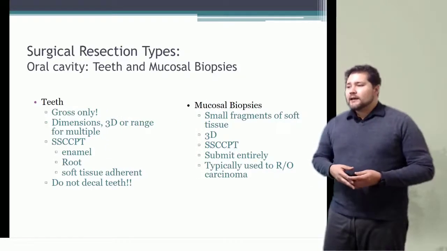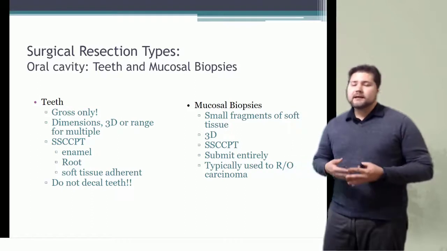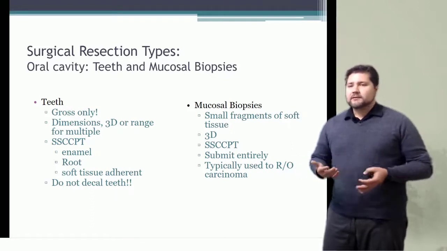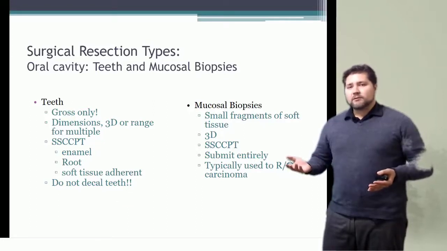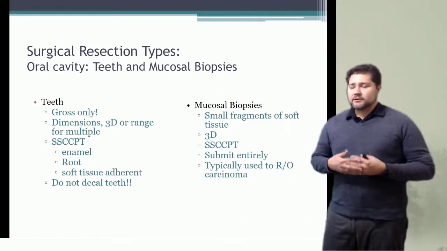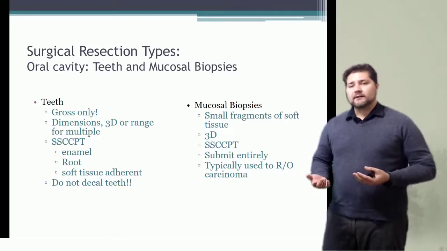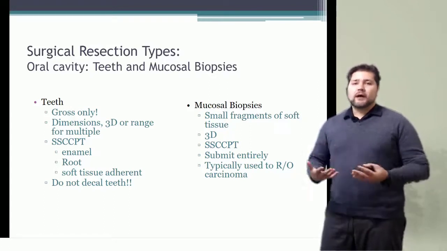All right, so the first two are pretty straightforward, teeth and mucosal biopsies. Starting with biopsies, these should be relatively unremarkable for you guys. Really, you're just going to measure the small fragments. If there's multiple, you can give a range. In an aggregate measurement, you'll describe what they look like and submit them entirely. And usually these can be for things like erythroplakic or leukoplakic lesions, and the goal is, let's rule out cancer,